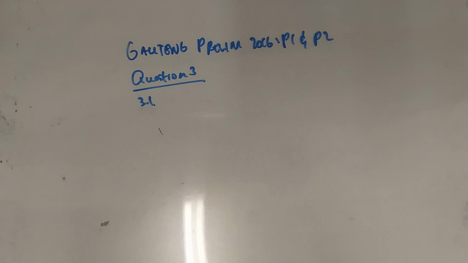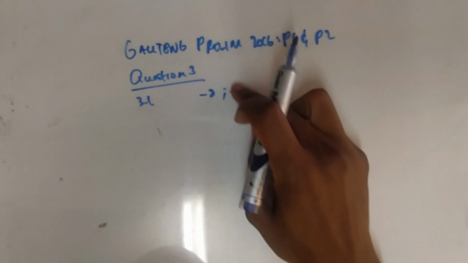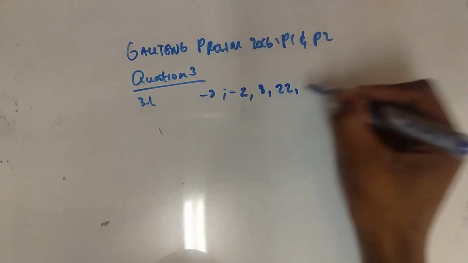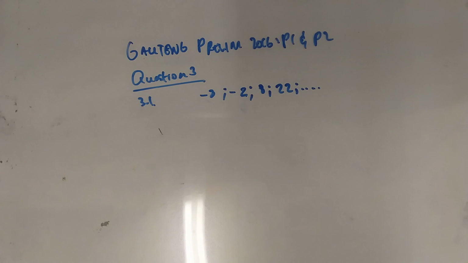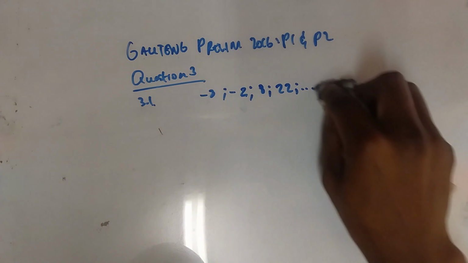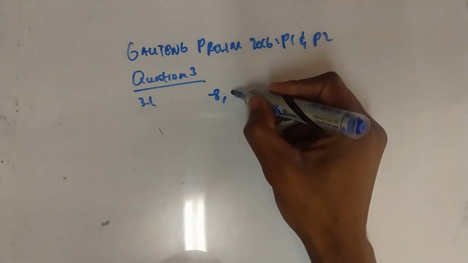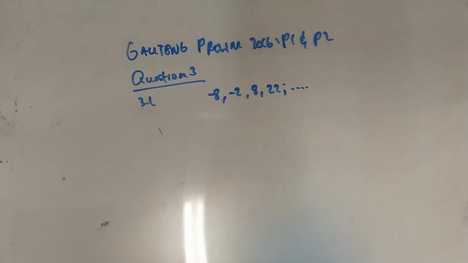So in this case, we are given a sequence. This is the given sequence, which is -8, -2, 8, 22. Can you see this -8? Let me rewrite it very well. It's -8, it's -2, it's 8, it's 22. So when we're given such a sequence,